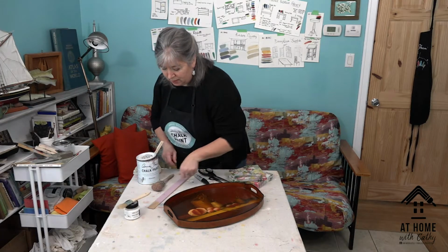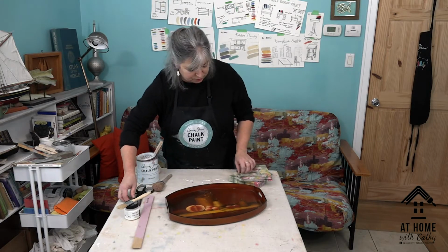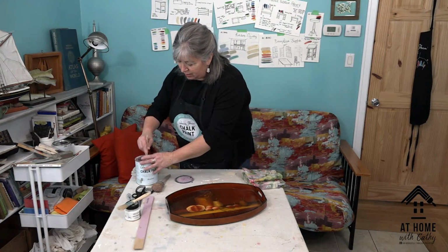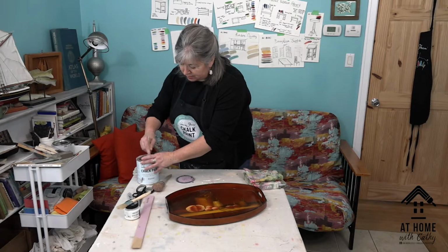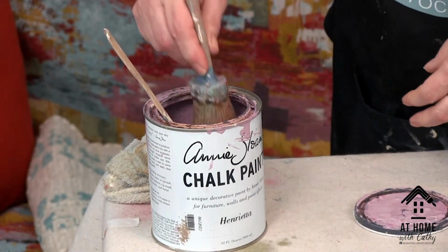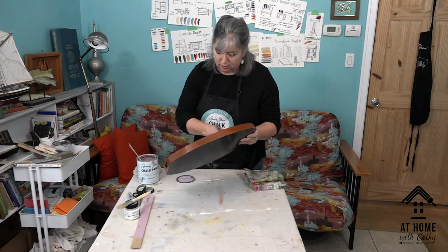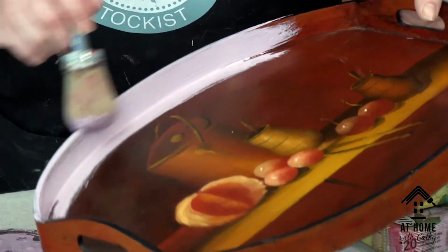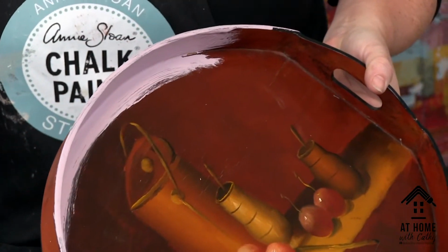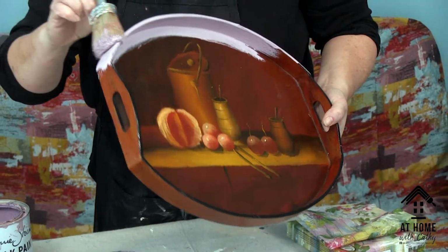Let's move this. I chose Henrietta because it's got a nice kind of mauvey color to it, and it looked really good. These napkins are so pretty, and I thought it would be a really nice color to use on the napkin, or use the napkins to decoupage with. Bring out the purpley pink in them. I'm going to start by just painting the whole tray. I'm going to go all around. It'll probably take 2 coats of paint, so we'll do one, and we'll set the tray to dry while we